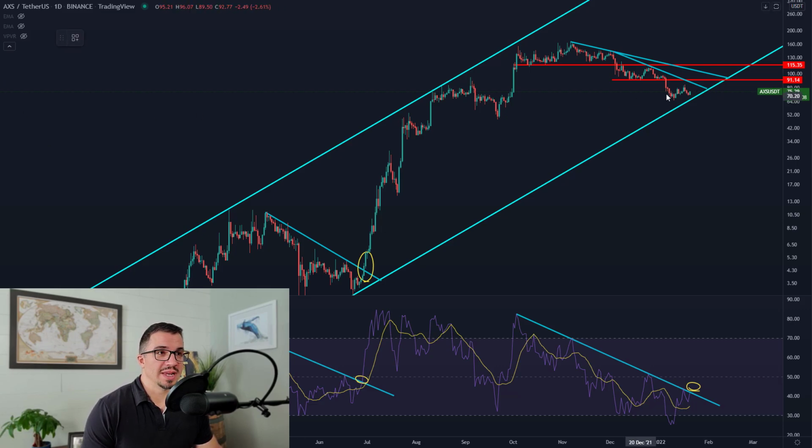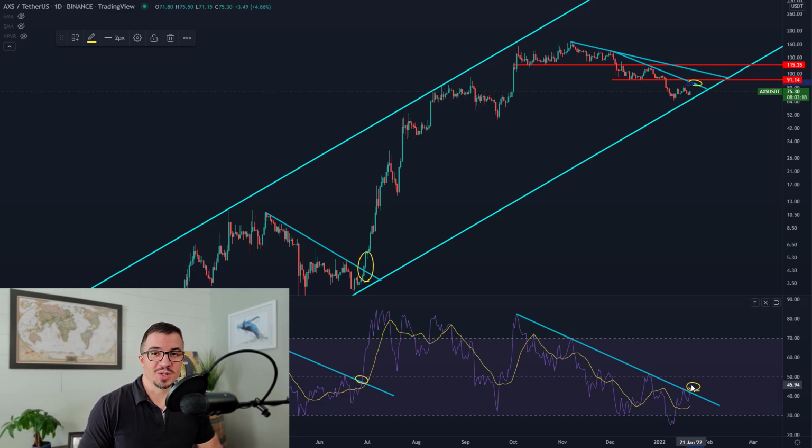So if you were to get that combined with the RSI closing above this trend line, then that could add some confidence to the idea that Axie Infinity is about to go on another run. So that's what I'm looking for here. Again, it's a lot to look at. There's a lot of resistance levels in play, but I do think that if we get that first higher high, we see the RSI start to break out, then I think we could be on a run here, especially if we see Bitcoin close above that $44,000 to $46,000 resistance area that I talked about in yesterday's video.